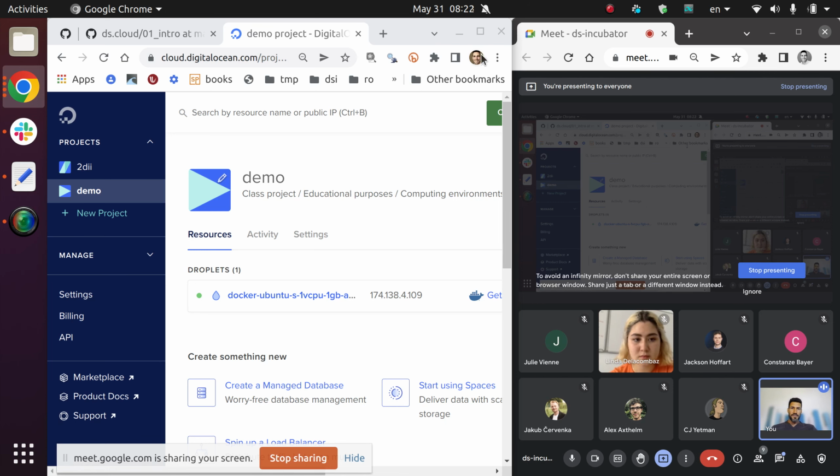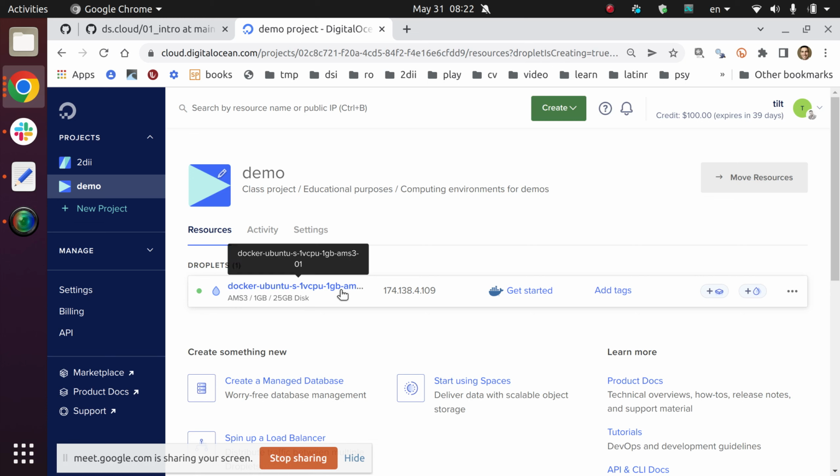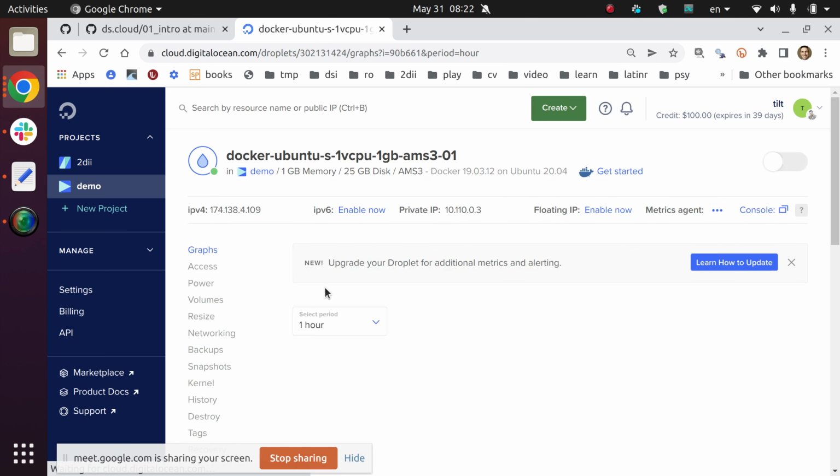Yes, let's see if I can show actually the little turn on and off button right away. So far what we achieved is, remember that when I showed this project under resources, there was an empty space, and now we don't have an empty space. We have the name of the little computer that we created, listing the characteristics if we hover over it. So we are good to go with that. I can click on it to get some more details. And as you can see at the top, it says on, so the computer is on. So if you click here, you will turn it off,